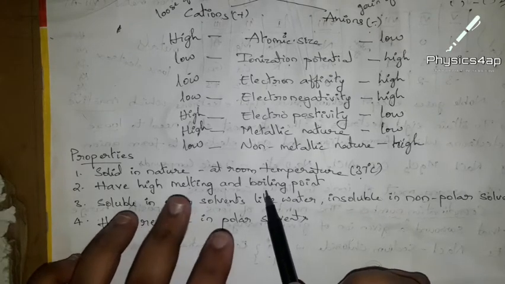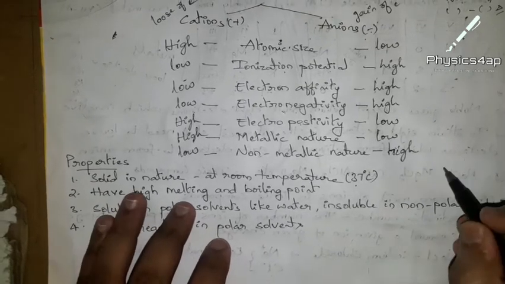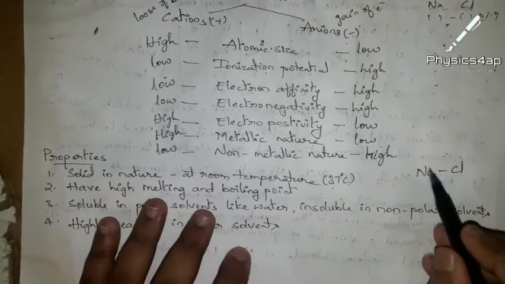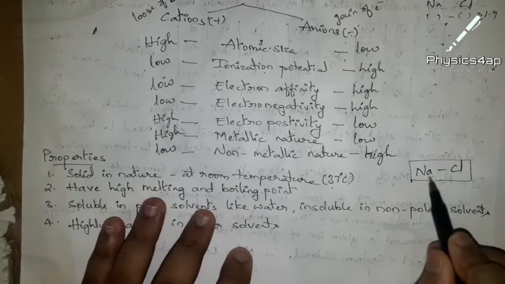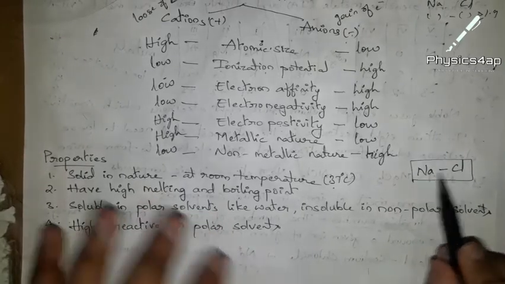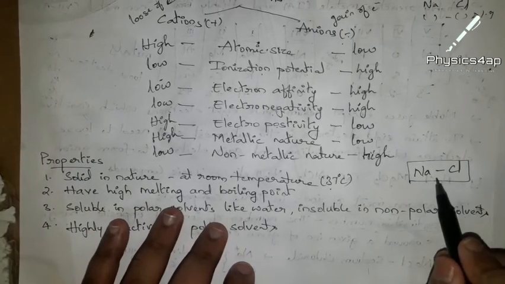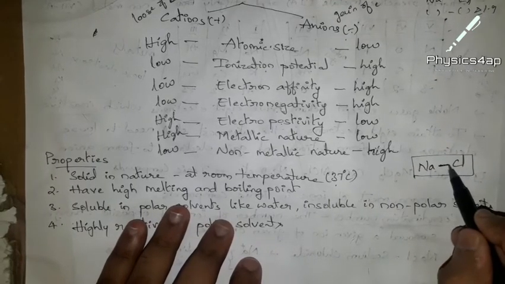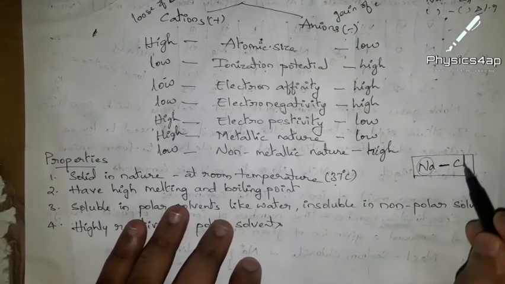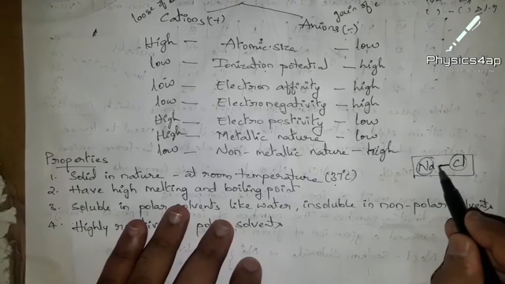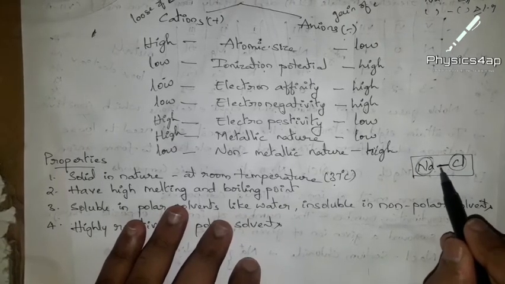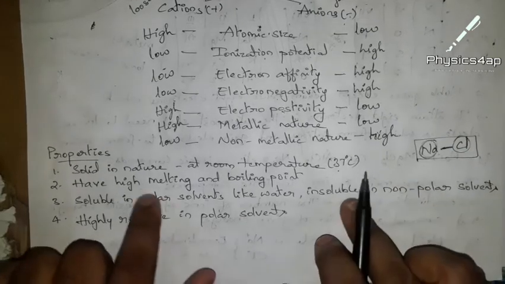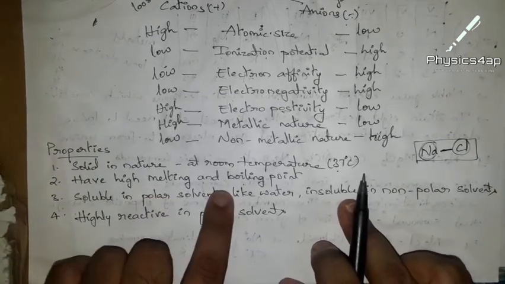And one more thing we can discuss, that is the bond between Na and Cl. For example, if we take an ionic compound, the bond in NaCl or the ionic compounds is very strong over here. That is why they are very strong, because the attraction between the two elements is very strong together, and they are held very tight. That is the reason they have high melting and high boiling point.